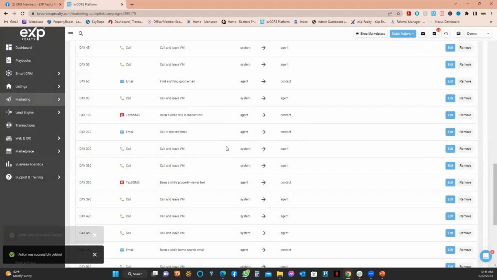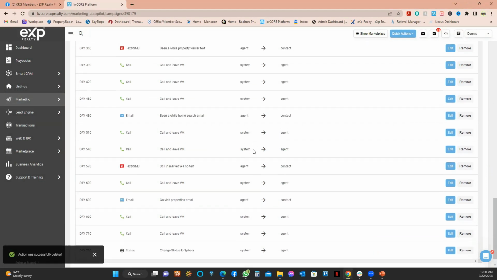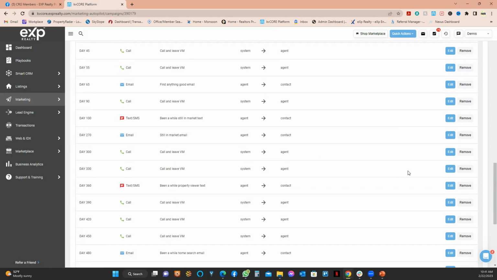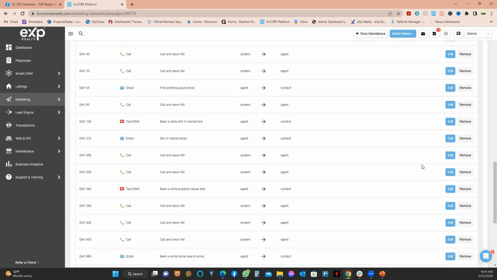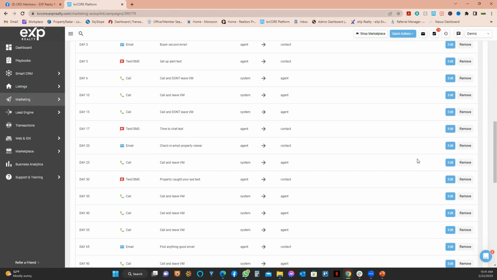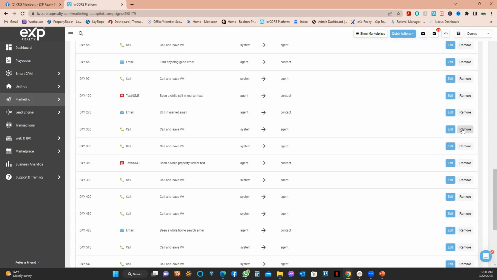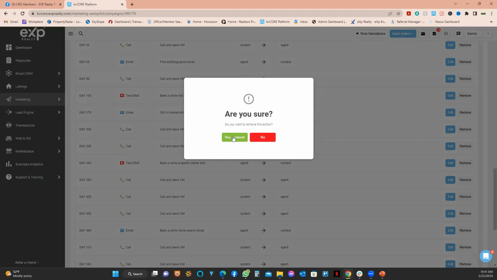Now, again, you can just build these campaigns from scratch and not have to go through and remove all these pieces. But for most of us who don't have campaigns made already, it's helpful to have some place to start, like an existing skeleton framework of what you want to do with your campaign. Okay. So I'm going to get rid of all of the things past 100 days